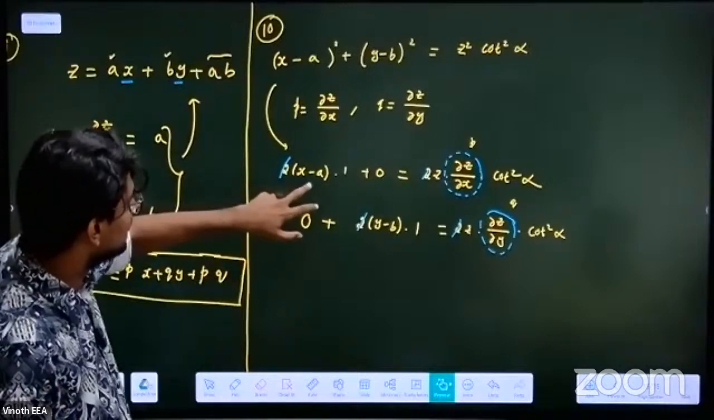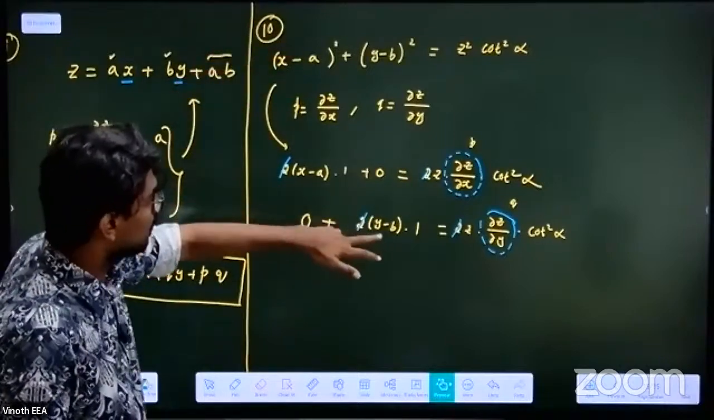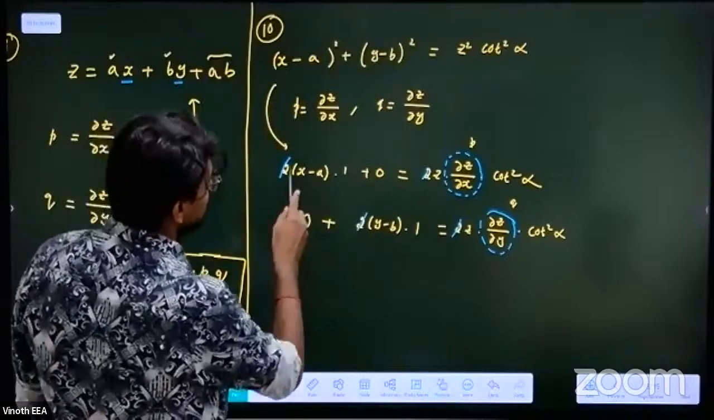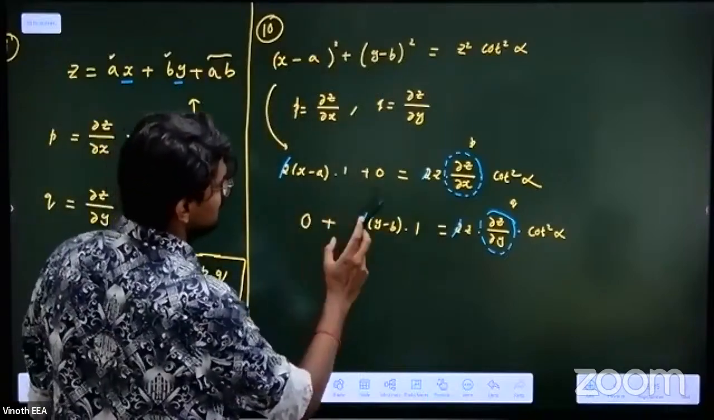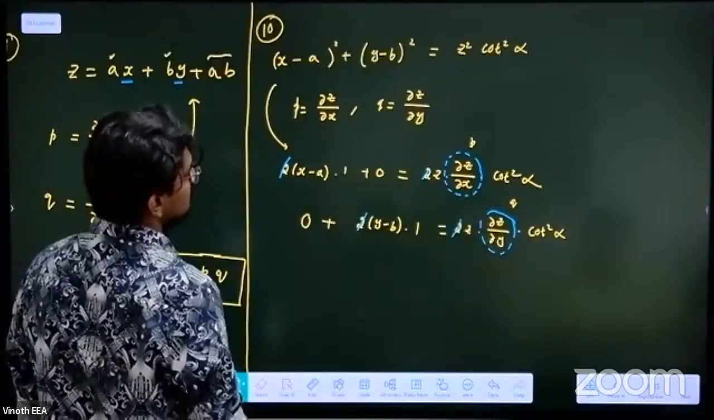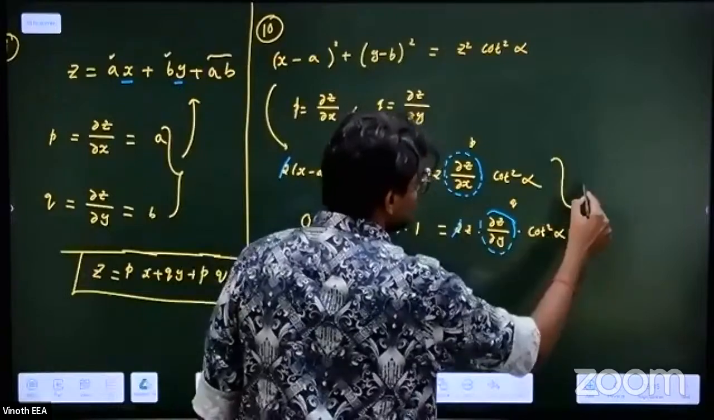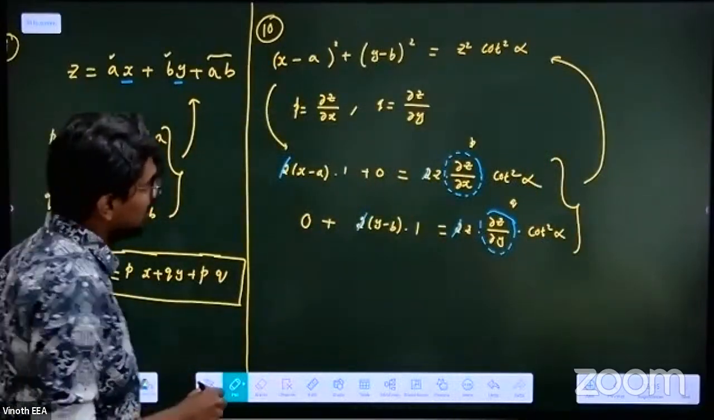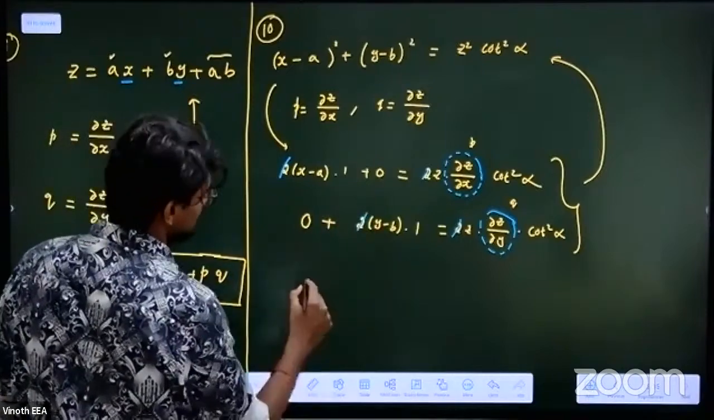Just take this x minus a, substitute it here. Y minus b substituted there. In place of x minus a, I need to replace it with this equation. I take these two equations and substitute them into the first equation, that's all. So x minus a can be replaced as